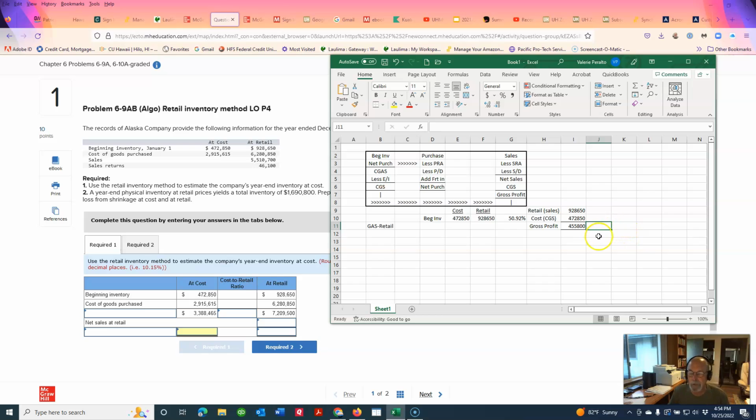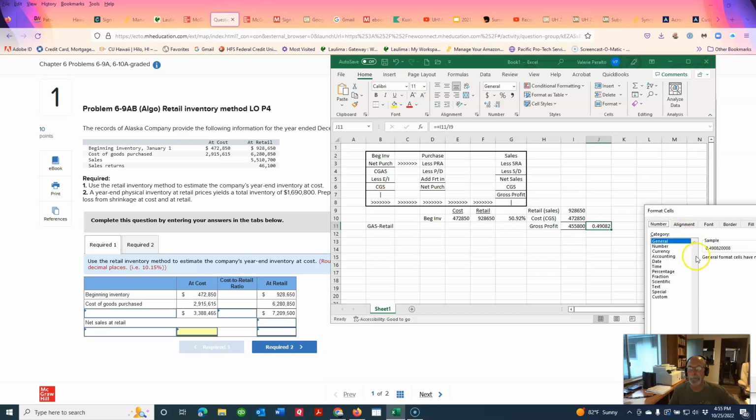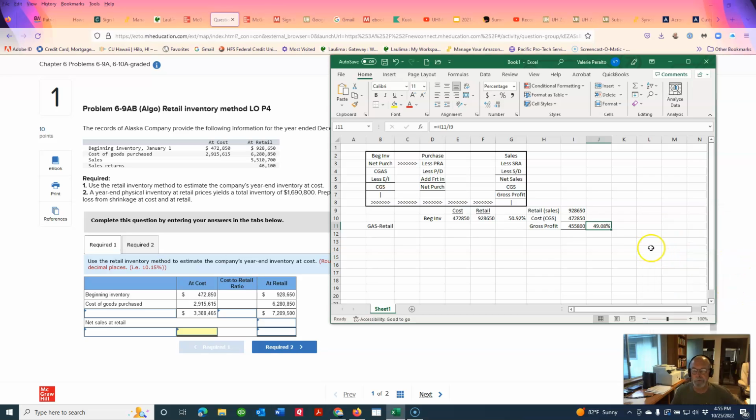If we want to get our gross profit percentage, we take our gross profit and divide it by the amount of our sales. And so again, converting that to a percentage, our gross profit percentage is 49.08%, which means our cost of sales percentage